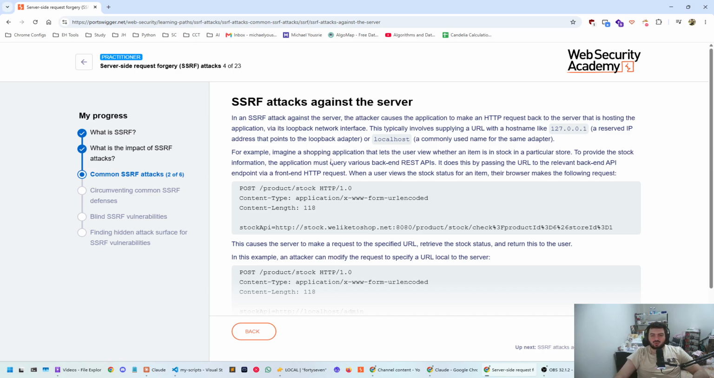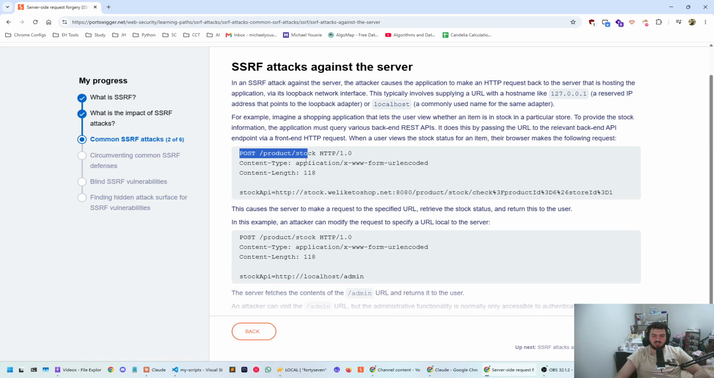For example, imagine a shopping application that lets the user view whether an item is in stock in a particular store. To provide the stock information, the application must query various backend REST APIs. It does this by passing the URL to the relevant backend API endpoint via a front-end HTTP request. When a user views the stock status for an item, their browser makes the following requests. Okay, so we're posting product stock, and then the stock API is stock.welike2shop.net port 8080 product stock check, and then product ID is 6, I would assume,